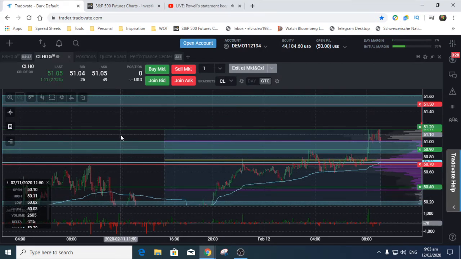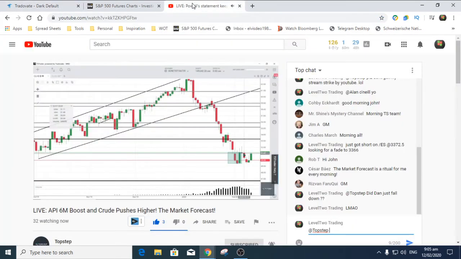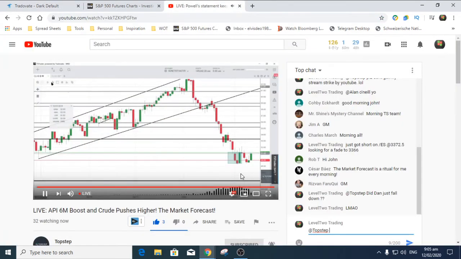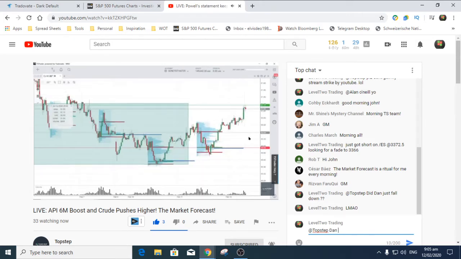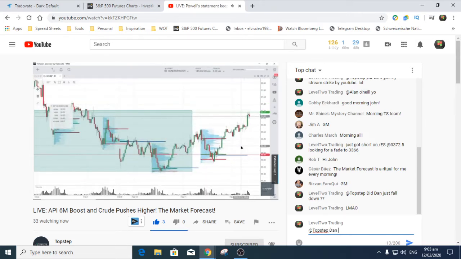Okay, so yesterday we kind of put in a test of the rollover range low. Well, looks like we're putting in a test of the rollover range high. Don't forget EIA 930 looking for a 3 million barrel boost after the API's 6 million barrel boost yesterday. Wouldn't that make sense to see the market heading lower if we have higher supply and dwindling demand? But we don't get to choose that. We're going to trade what we see.